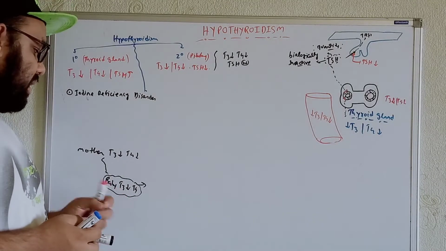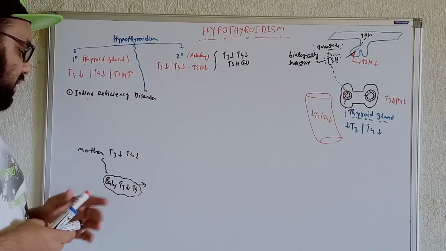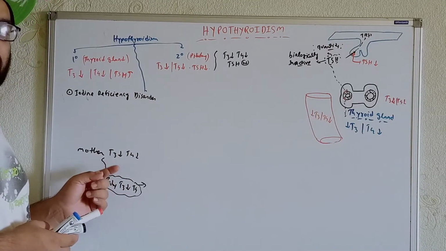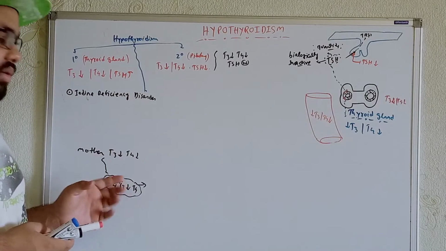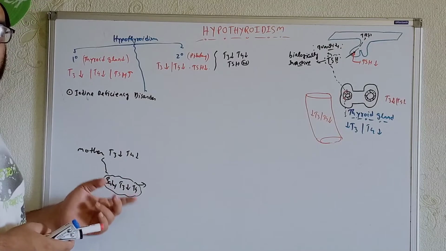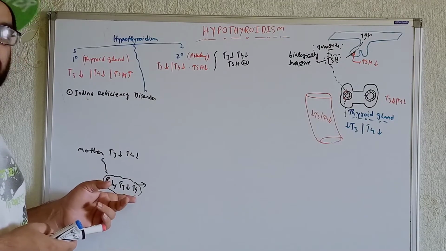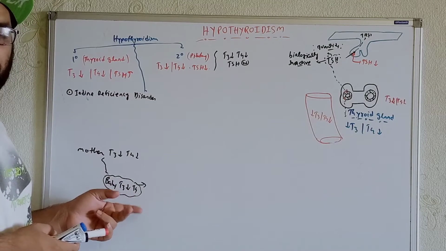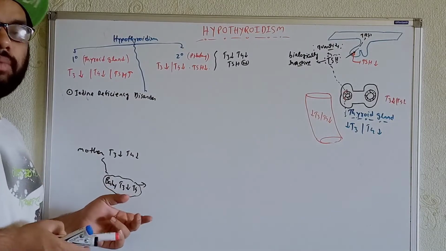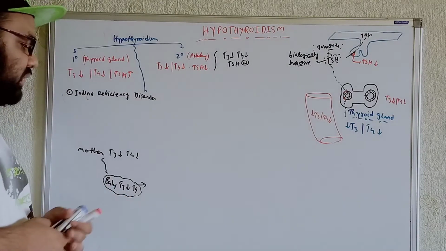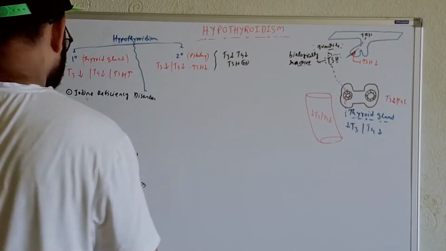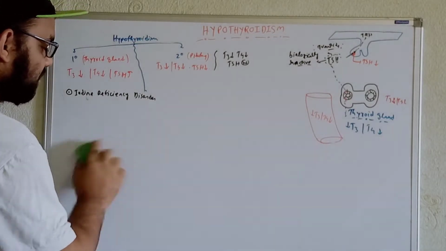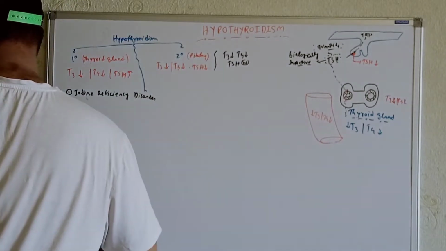But when the mother is already hypothyroid, the baby, or the neonate, or the fetus, will have less T3 and T4. As a result, we will get mental retardation, and we will not get proper physical development. Now, in another way, you can say this is congenital hypothyroidism. Now let's have some words about congenital hypothyroidism. Where can we see congenital hypothyroidism?